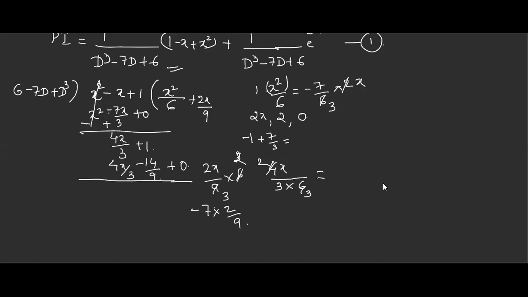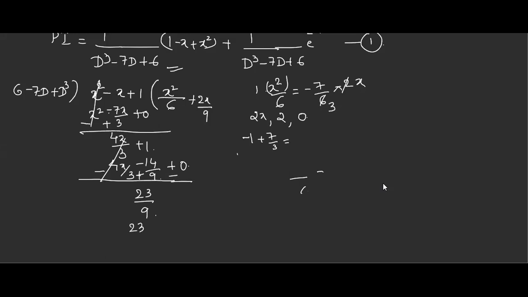Now continue. What has to be done now? Change the sign: minus, plus, and this is minus. Not to worry. What will we get now? 1 plus 14 by 9 is how much? 23 by 9. Yes, it is 23 by 9. Again, same thing. What do you want below 23 by 9? You want 23 by 9. Correct? And what you don't want? You don't want the 6.